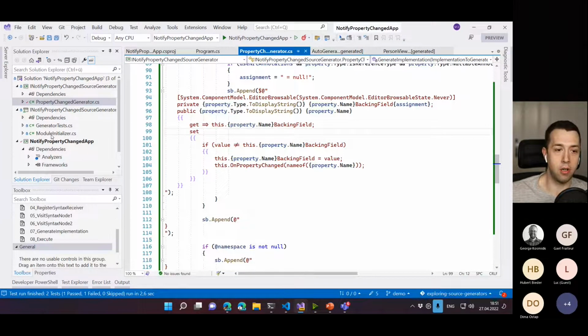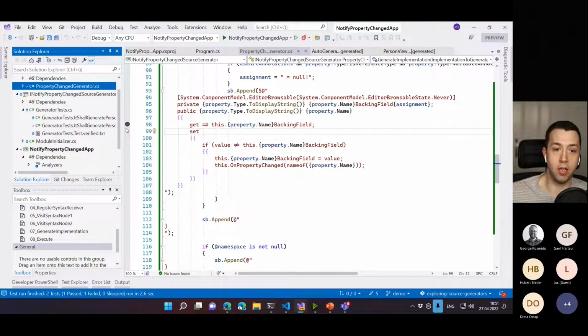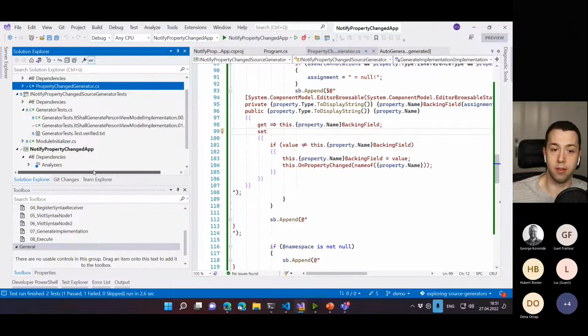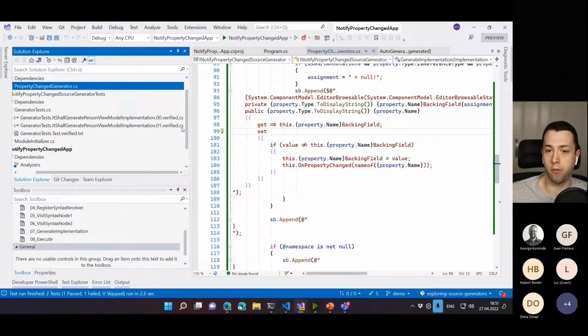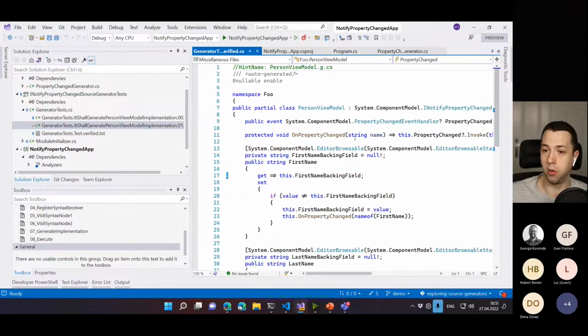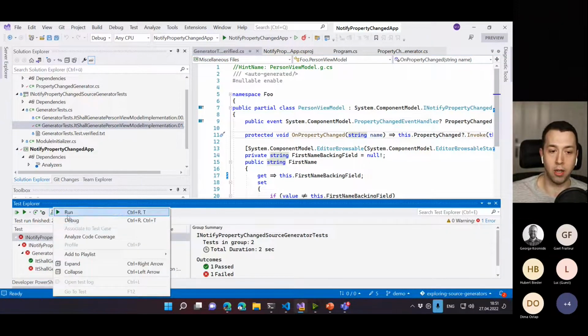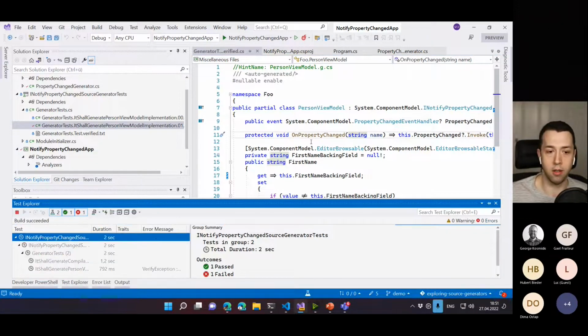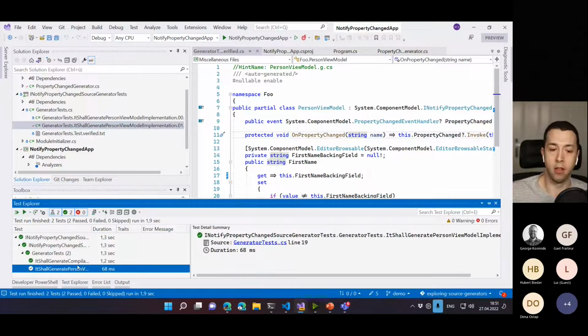Perfect. So what it actually does is it keeps track of the expected state in separate files, so .verified.cs, I would commit that into source control. And whenever I want to accept a change that I made in the test, I would change this file, which contains the expected output. So now that I have updated that file and manually accepted the change, I can just run the tests again. Yep. And